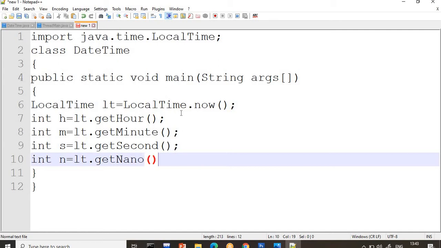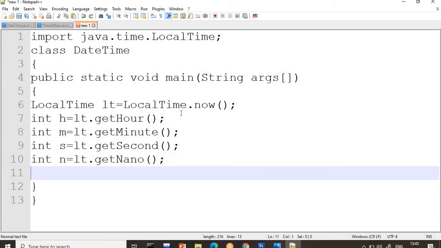I'm taking the nanosecond, and then you can print as per your comfort. I'm writing System.out.println, or you can use printf. We discussed both println and printf, so I will take printf because it is easy to print, and anything is okay, guys. It is just as per your comfort.